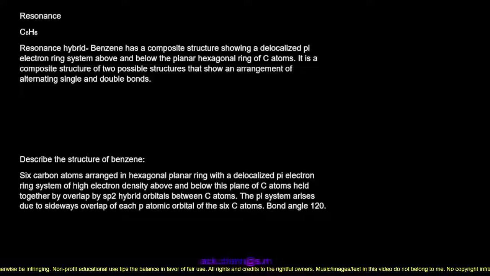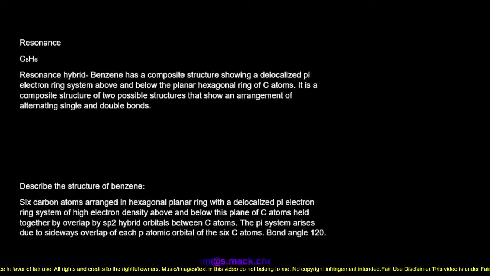I will summarize by looking at this short note. Let's look at what this term resonance means. Benzene is a molecule that exhibits resonance. Resonance means that its structure can be represented by a composite structure. So I'm going to draw Kekulé's two structures. So with Kekulé's structure, where it was thought to consist of alternating double bonds,